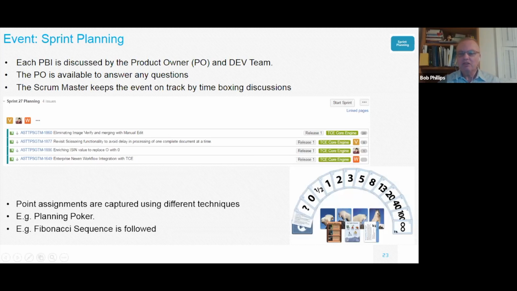And what's interesting about this deck of cards is it doesn't go 1 through 10. It follows the Fibonacci sequence where 2 is 1 plus 1, 3 is 2 plus 1, 5 is 3 plus 2, and it goes all the way up to 100. And what's interesting is after 13, it no longer follows the Fibonacci sequence, because the person who created this deck says that after 13 points, it's kind of a wild guess anyway, and that's why it just goes 20, 40, 100. So what I use this for is it tells me if a story or a product backlog